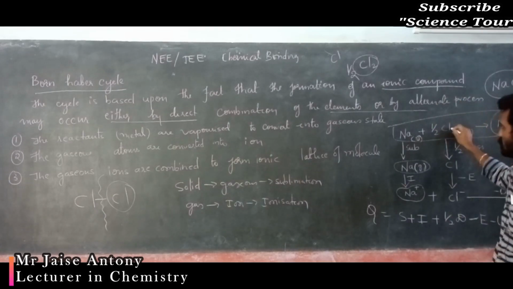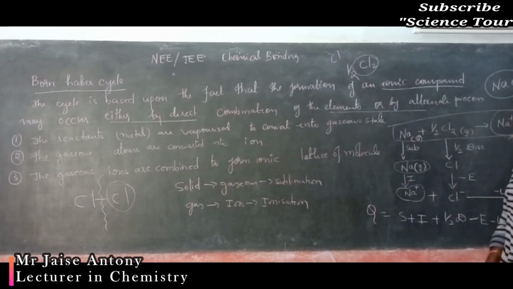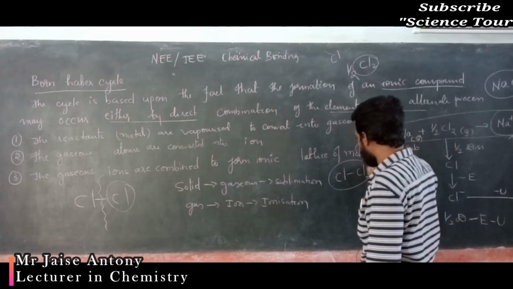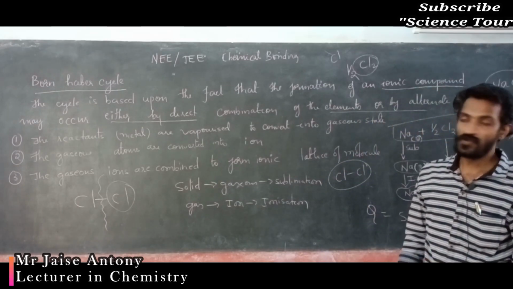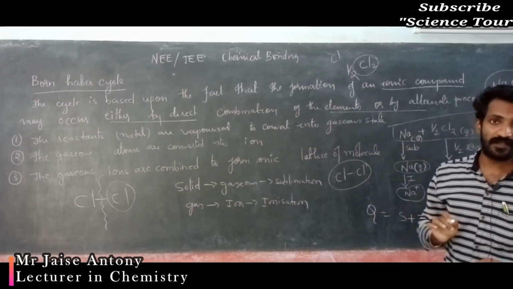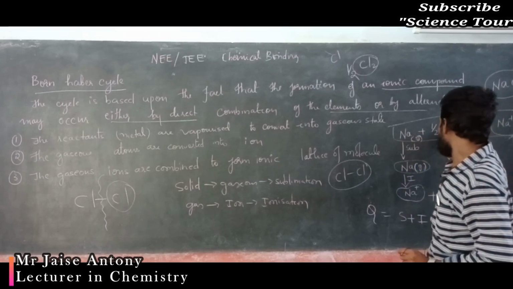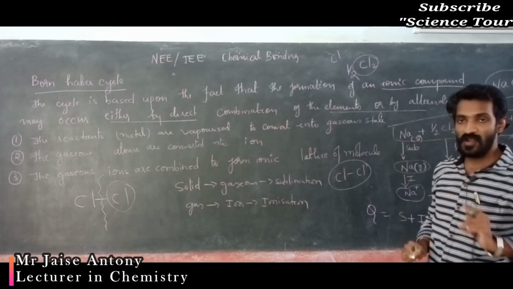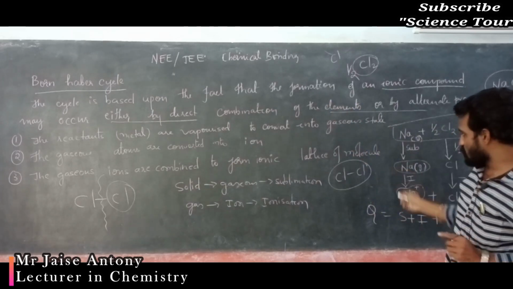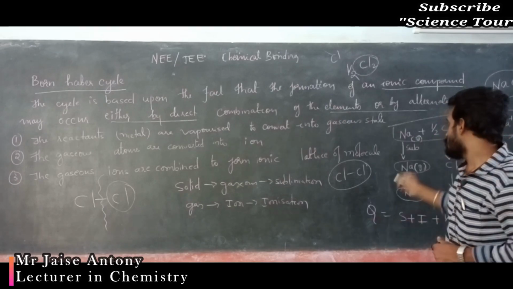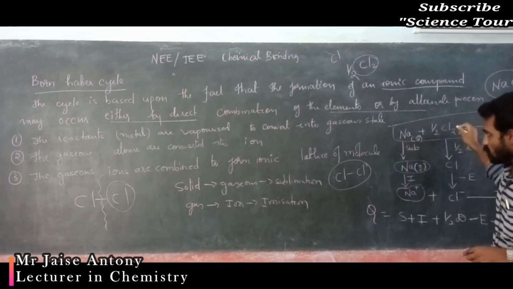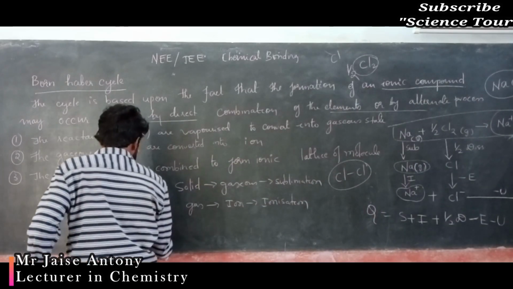Chlorine is available in the form of Cl2, as I told at the beginning. Don't ask, sir, why here we are using only half chlorine. This is the direct method, shown at the beginning. You get sodium combining with chlorine, giving 1 mole of sodium chloride crystal. So this is direct. But if you see the alternate process, first you have to convert gaseous sodium to sodium ion. Then chlorine, you are getting in the form of Cl2.